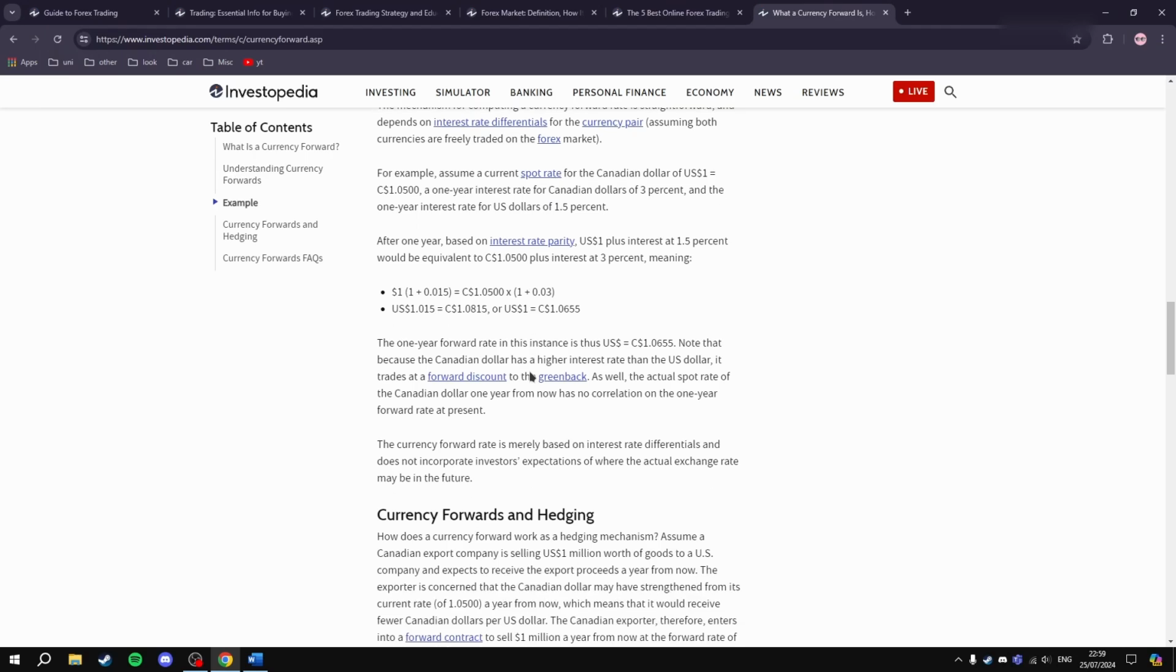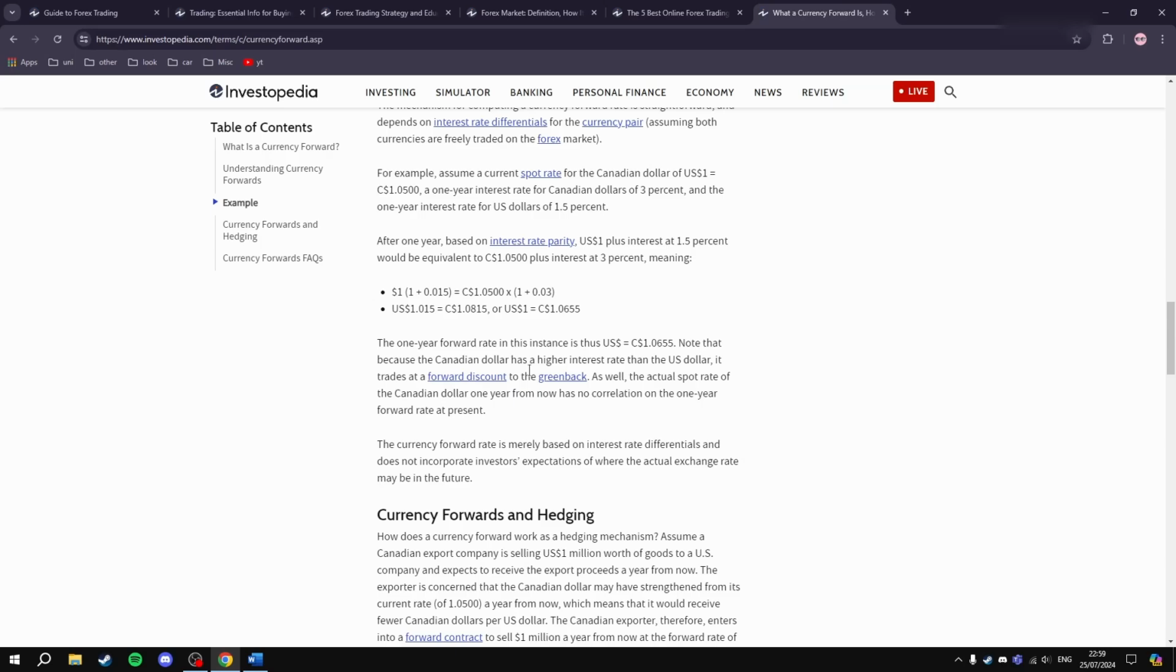For example, assume a current spot rate for the Canadian dollar of US $1 equals C$1.05. So it takes 1.05 CAD for 1 USD. The 1 year interest rate for CAD is 3%, and the 1 year interest rate of USD is 1.5%. After 1 year, based on interest rate parity, 1 USD plus interest at 1.5% will be equivalent to 1.05 CAD plus interest at 3%, meaning